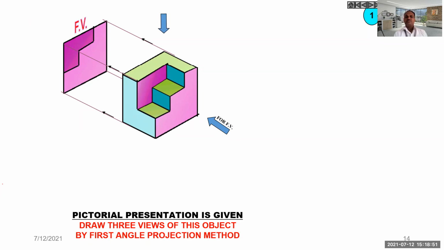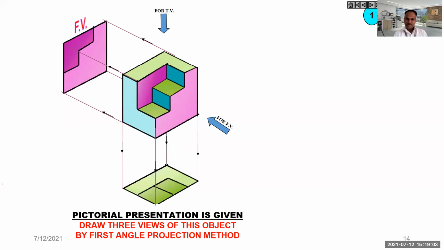Then how will the top view be seen? You can see this, and this corner. If I project, then I'll get a larger rectangle. And in that larger rectangle, I'm going to see this L-shaped piece here. So this is the L-shaped piece, and there is one dividing piece. So this is the division of that particular part. So I'm going to see this edge also. In the case of front view and top view, these straight lines will look as straight lines here.